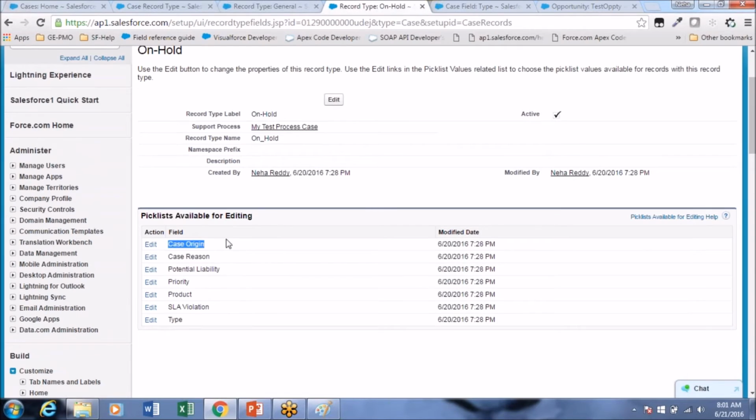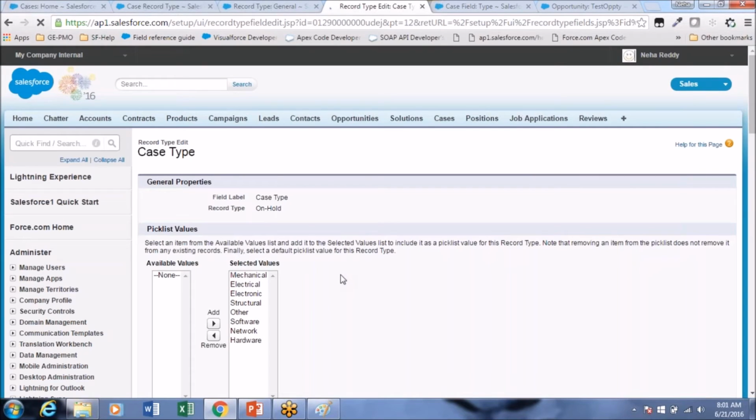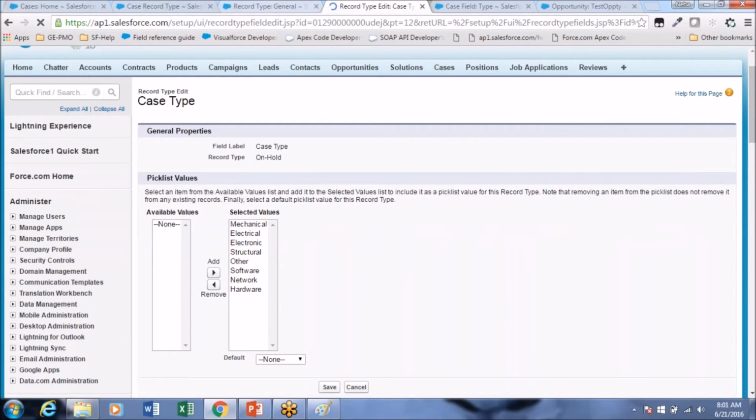Okay, so when you go to the on hold record type and edit type again, here you can control the type values as to what we removed here.